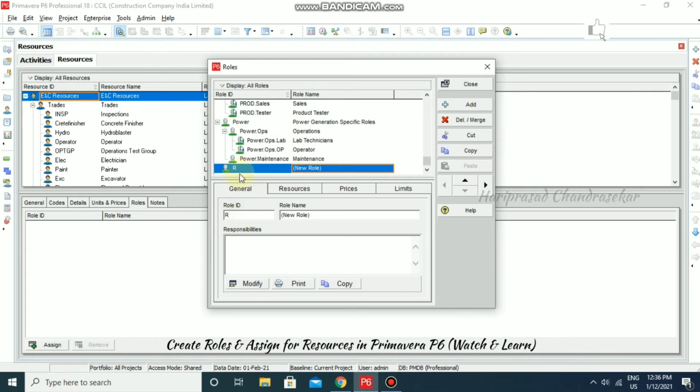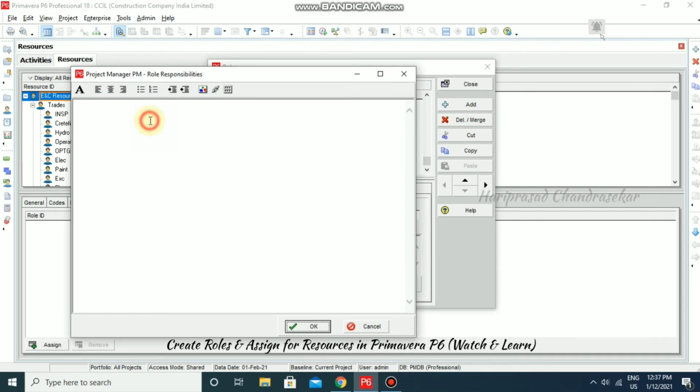By default it comes like R, and we can specify the role name. For example, if in your project you want a project manager, you can put Project Manager, PM. This is the role of that particular person and you can input the responsibility.